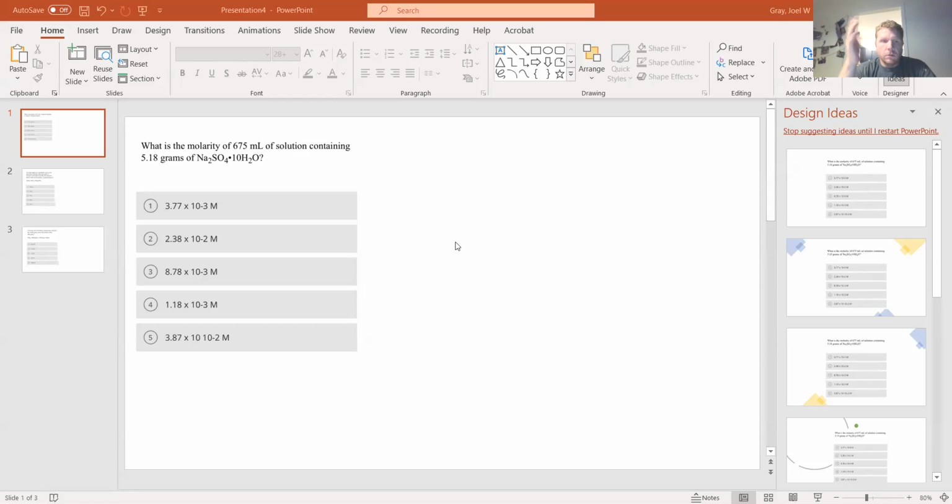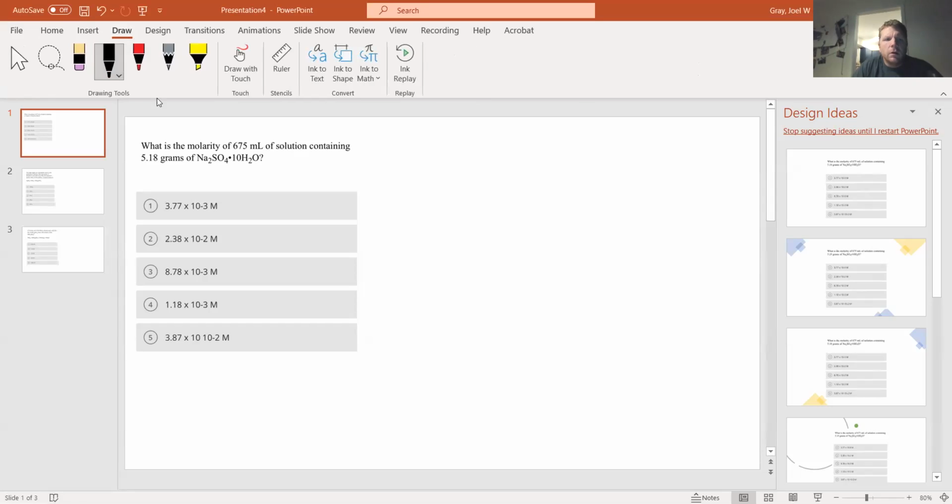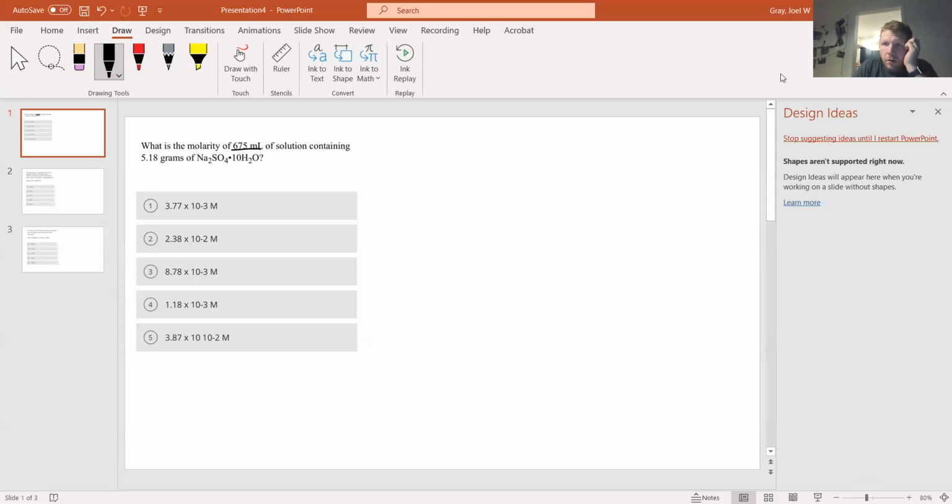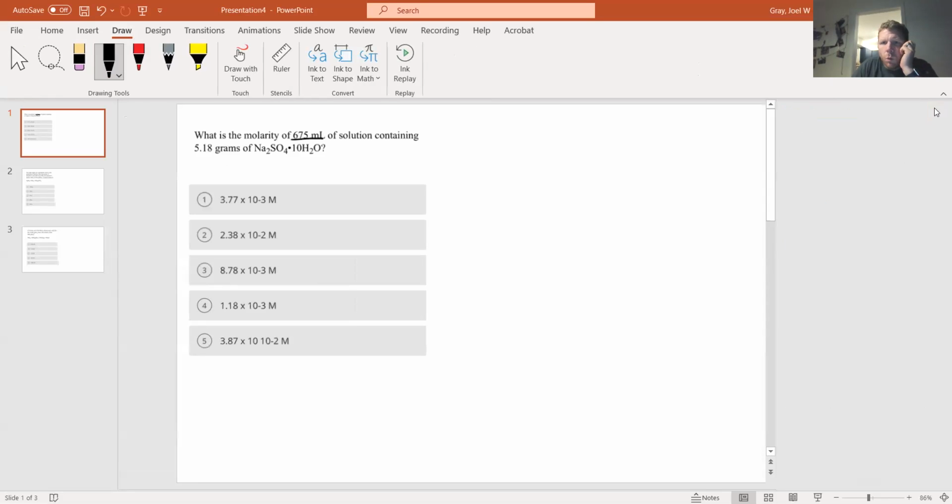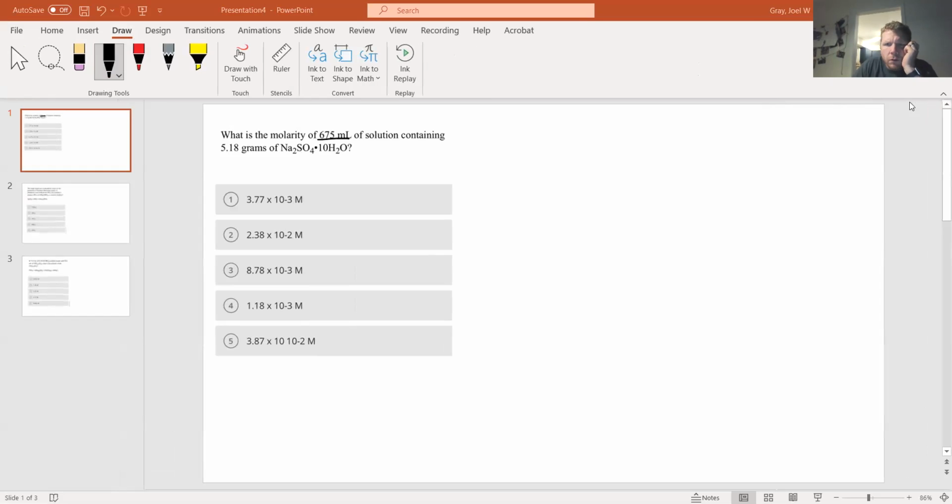All right, so got some practice problems here. Question reads, what is the molarity of a 675 milliliter solution containing 5.18 grams of Na2SO4·10H2O? Okay, so essentially what we need to do is figure out the moles, divide that